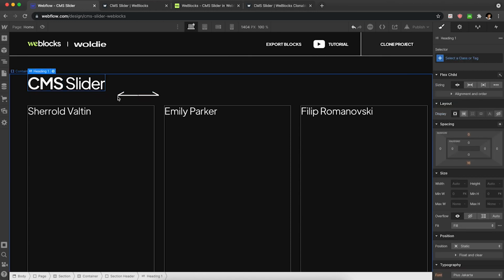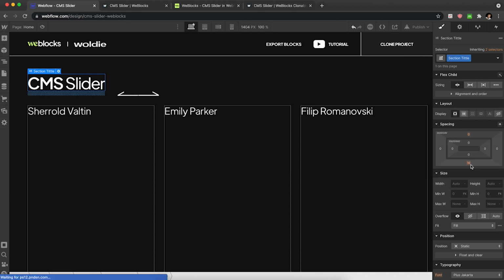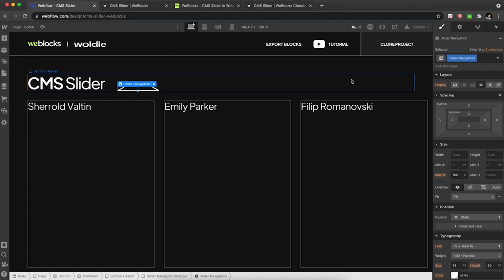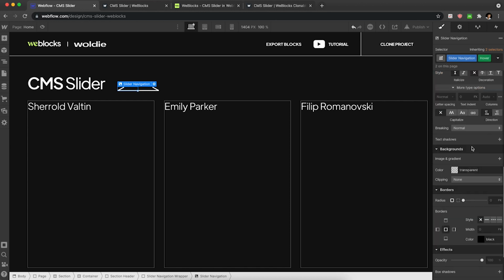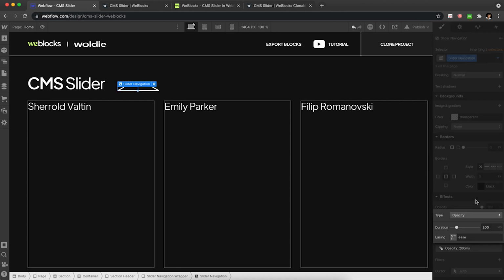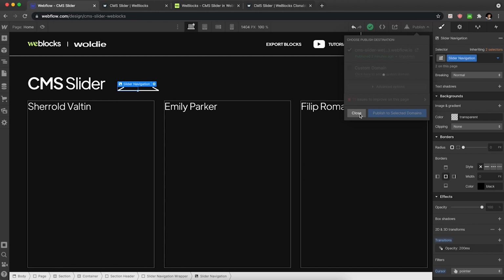Okay, we can see that there is a space here, so to remove it, I will call it section title, and I will add margin bottom 0. Okay, right now I will add a hover for this slider navigation, and for the hover I will make it opacity 70%, and I will add a transition for the opacity, and this element doesn't have a cursor, so I will trigger it for the cursor pointer. And right now when I will publish it,